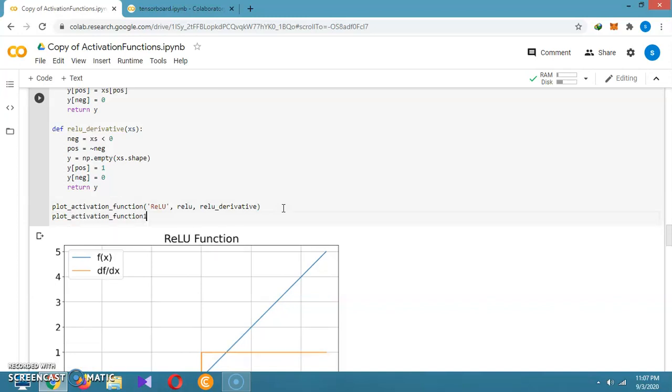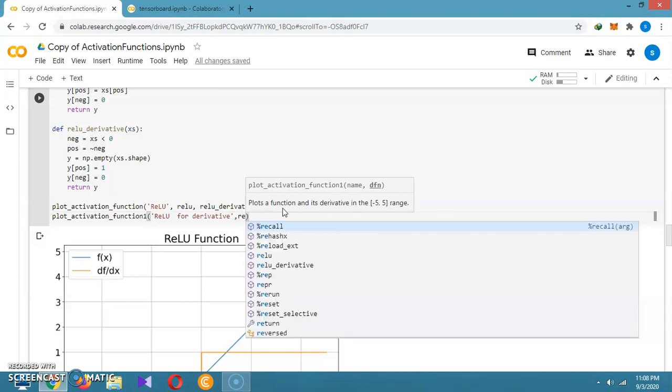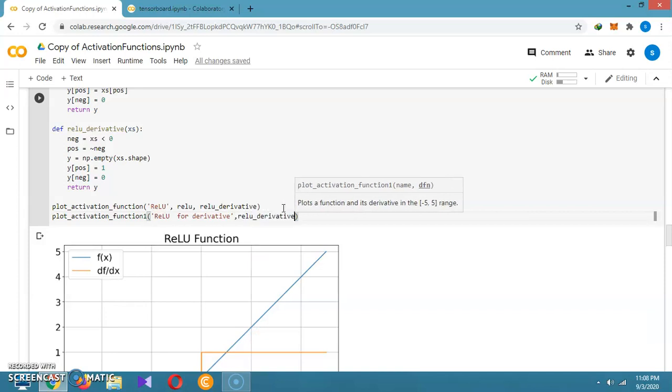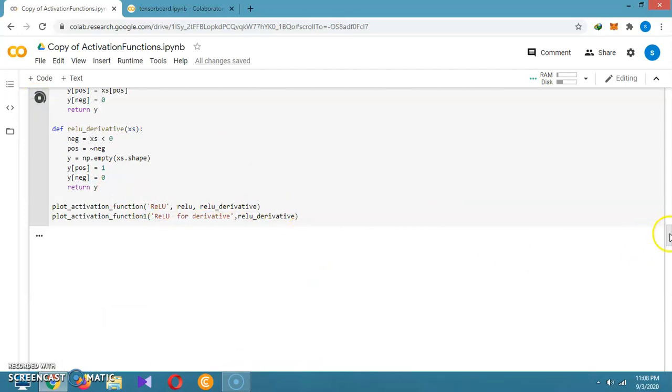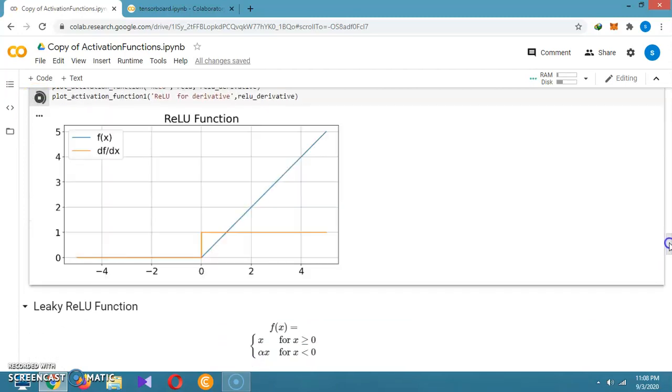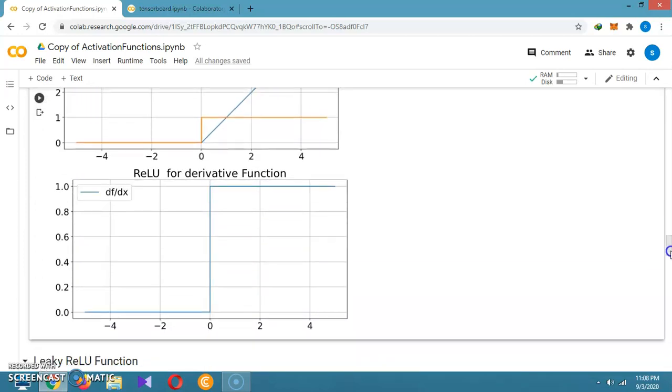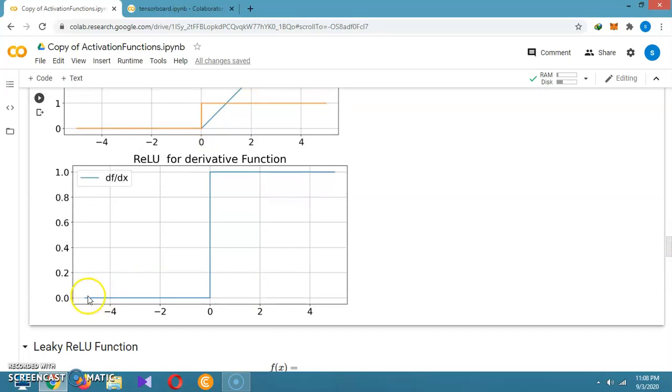Again, if you want to plot for the single derivative function, whether this will run in the same column, let's check.